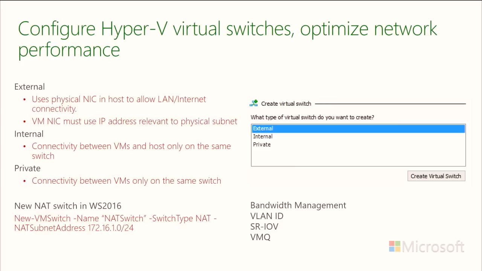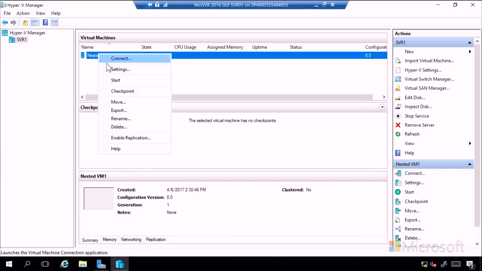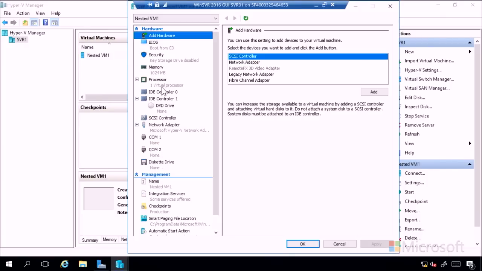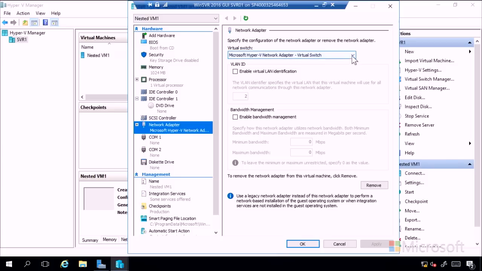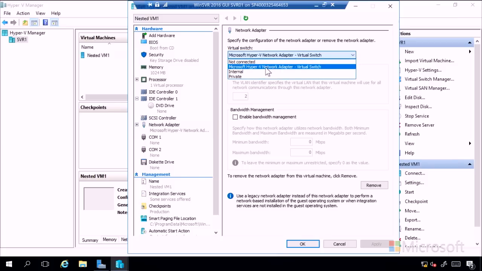So understand when you're dealing with internal connections, external connections, as well as private connections. I did finish up creating that private network connection. If you go back to my screen, you can see now I can take my VM settings and change the network adapter. I now have all three available: external, internal, and private are all available to me because I added those